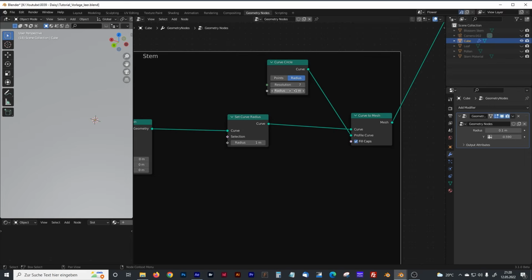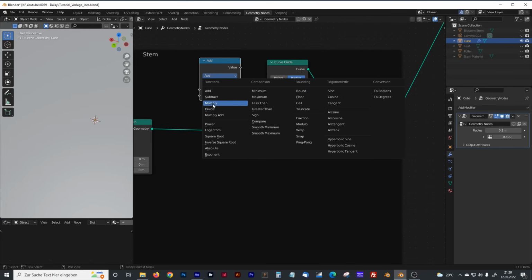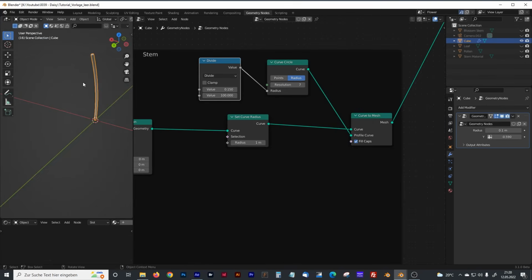And the radius we are going to use, we will need another math node because it's again a very sensitive parameter. We will go with 100 again, set this to divide, and this one will be 0.51, and now we can connect it with our radius,